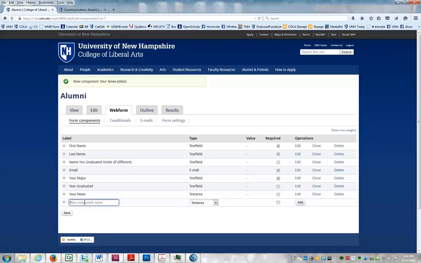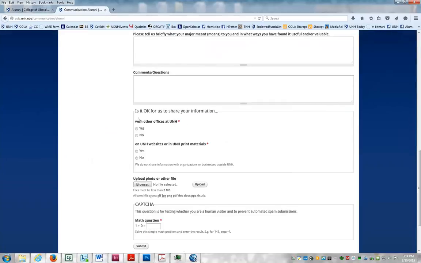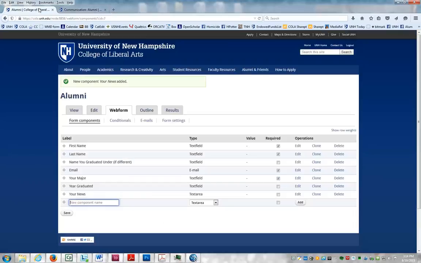And now I'm going to do sort of a different thing. I'm going to do a field set, and you set this up a little bit differently. So again, that's this, and this is actually the one I'm going to make. And this is about sharing their information, and we might want to share any good things that they say about the major or the department or the university. So we want to make sure that we have permission to do that, especially if they share a photo or something. So the field set, we're going to title it,